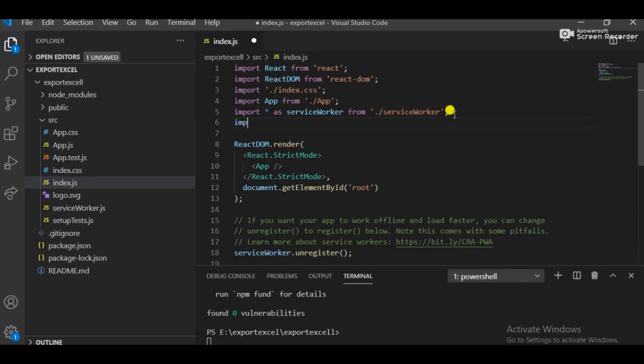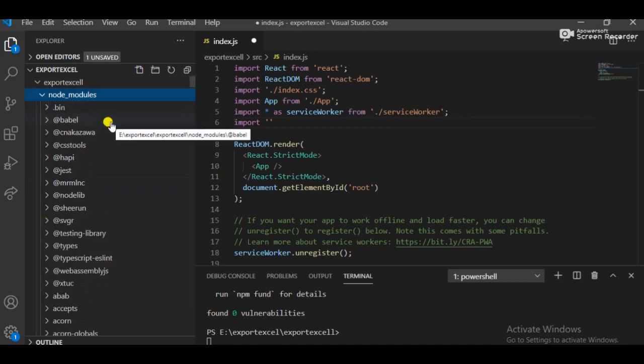This is my public folder, and this is the node_modules folder, with Babel and all sorts of things. I'm finding the directory of my import file. It's the Bootstrap library, so I find Bootstrap in the node_modules folder.